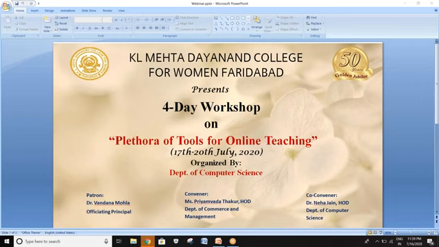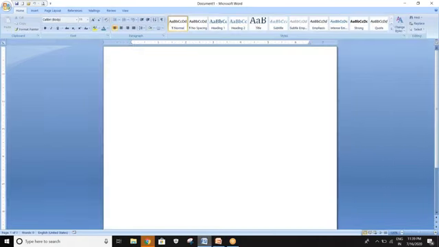So now I will open MS Word from my taskbar. Then it opens. It will look like a white blank page in the middle of the screen, with a blue theme on the left and right sides of the page. The white page is used to write anything, whatever you want, like this.